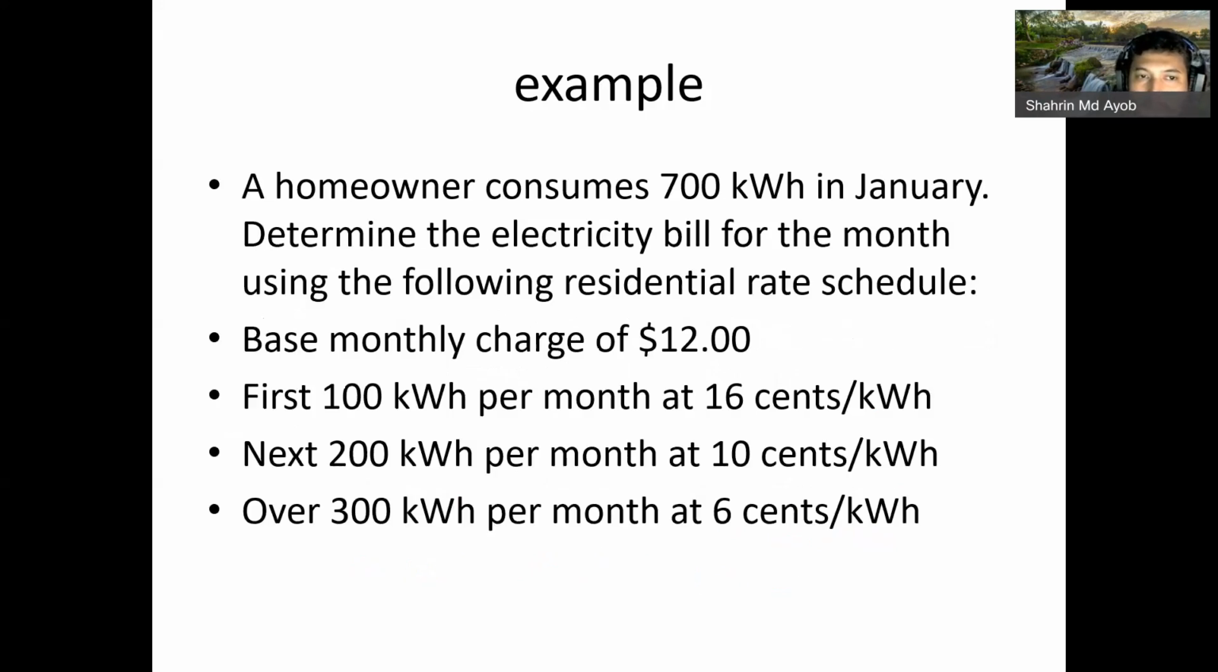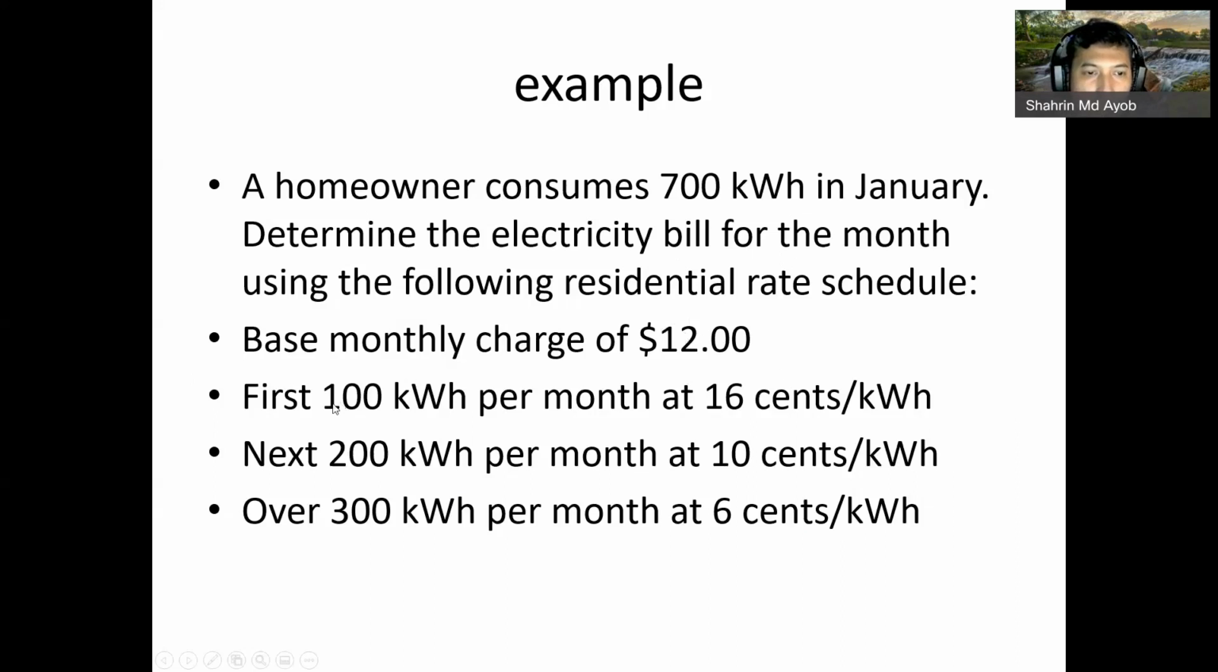Okay, so this is another example, from the United States. A homeowner consumes about 700 kilowatt hours in January. Determine the electricity bill for the month using the following residential rate schedule. We have the base monthly charge of $12. This is actually a fixed charge, whether he uses electricity or not, so it will be charged